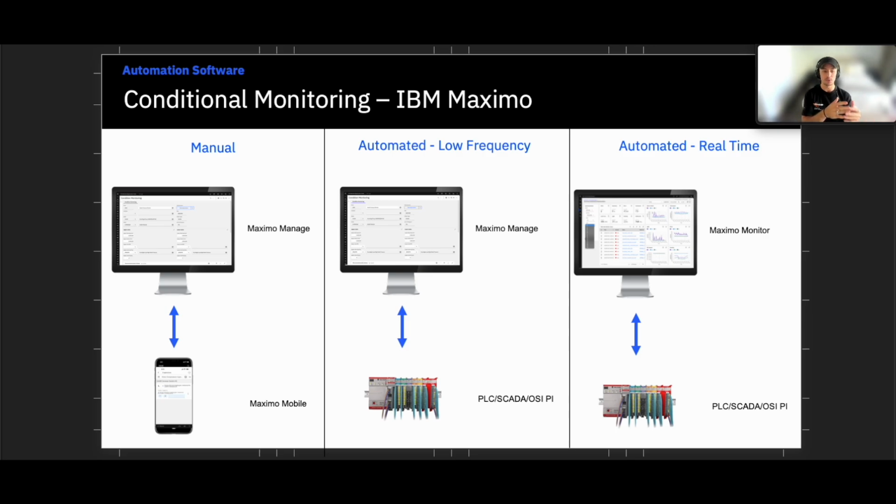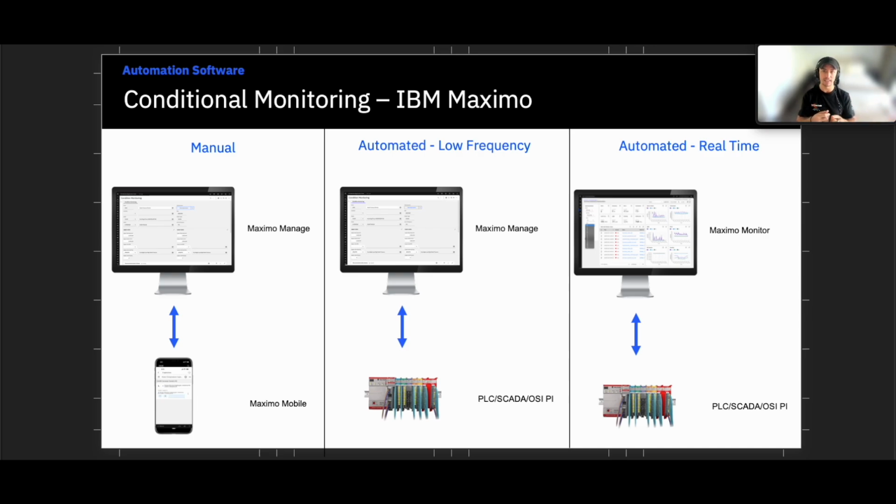We also talked through how we can automate that, at least for low frequency data streams coming from your equipment, by using Maximo's integration framework. So it's the very same concept as what you would see manually, but we can integrate with those devices, at least for low frequency readings. You don't want real time going into your core EAM database in order to automate the ability of conditional monitoring. Now, the last subject that we didn't cover in the last demonstrations is how do we automate